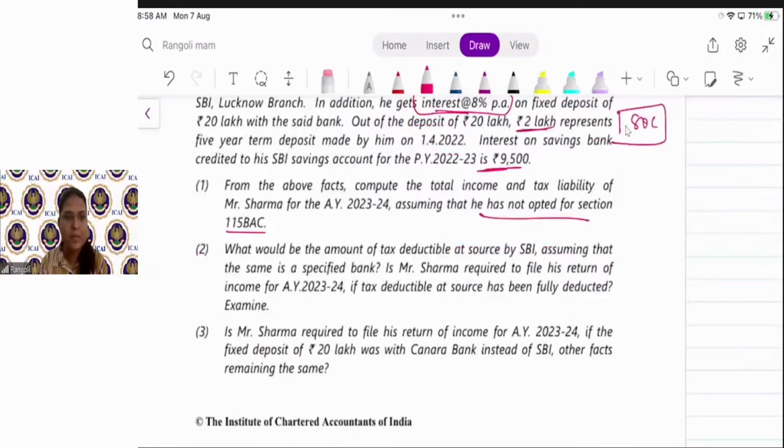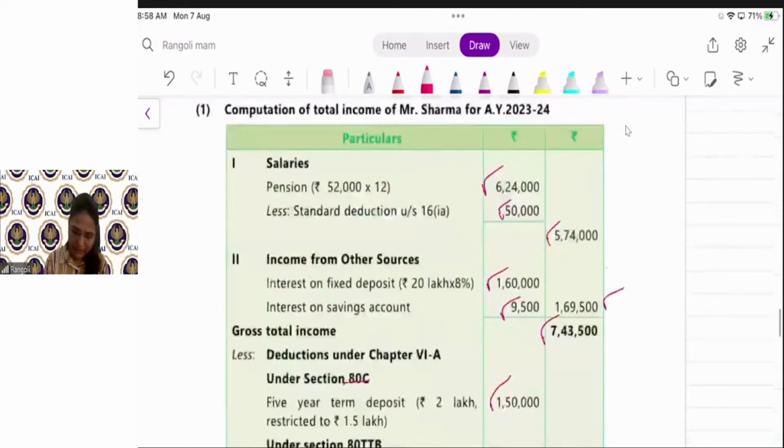Third question: is Mr. Sharma required to file his return of income for assessment year 23-24 if the fixed deposit of 20 lakh was with Canara Bank instead of SBI, other facts remaining the same? Yes. In the third question, Mr. Sharma is required to file a return of income. Why? Because he has interest income from another bank, not from the same bank in which the pension is credited. Okay,